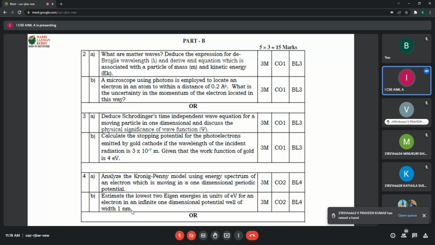En is equal to n square into E1. Yeah, n square into E1, where E1 equals, the E1 value you must know now. First you have to find the lowest energy level, the ground level value. N equal to 1, E1, that is n square h square by 8 m L square overall. Okay, so by using that formula you have to calculate all possible energy levels. Okay, so this is 4a and b, theory and one problem.